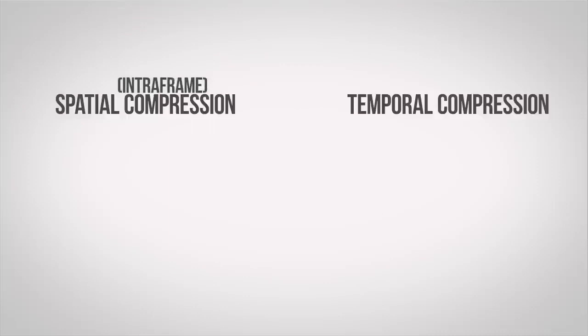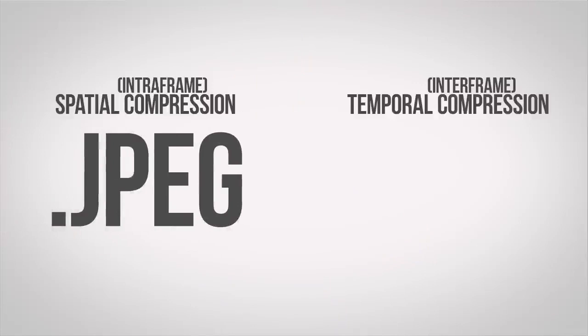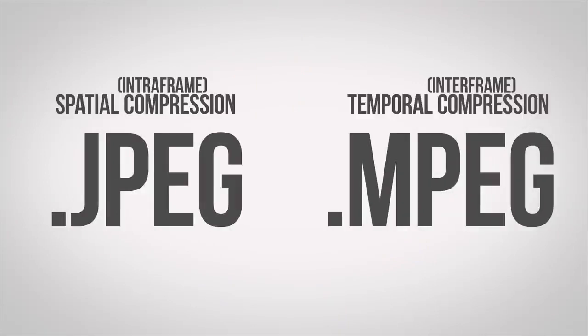There are two ways to compress a video: spatial compression and temporal compression, also known as intraframe and interframe, respectively. Anyway, I'm going to describe each of these in terms of the JPEG image format and the MPEG video format. Spatial or intraframe compression is applied only to individual video frames. To compress a video frame, you can use the same process that's used to compress a still image like a